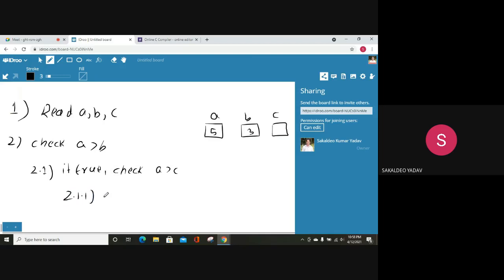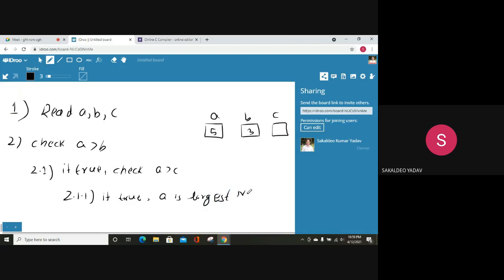If this is true, we enter here and check whether a is greater than c. Again, if this one is true, we can directly say that a is the largest number.